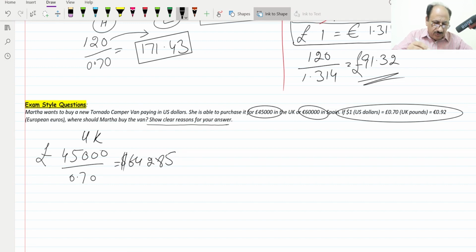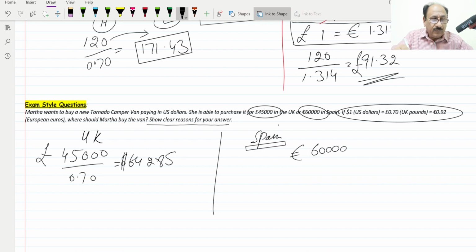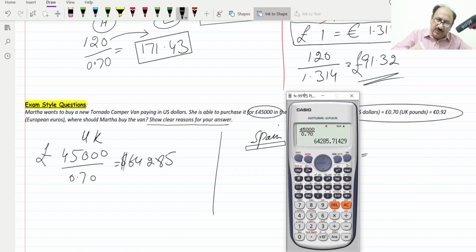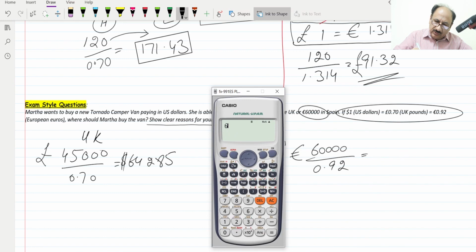64,285, this will be in dollars. This is the situation in UK. Now we can check in Spain. Spain will be 60,000 euros. So 60,000 euros will be divided by the currency ratio, which is 0.92, and this will be equal to what? We can convert 60,000, four zeros, and divided by 0.92, and this will be equal